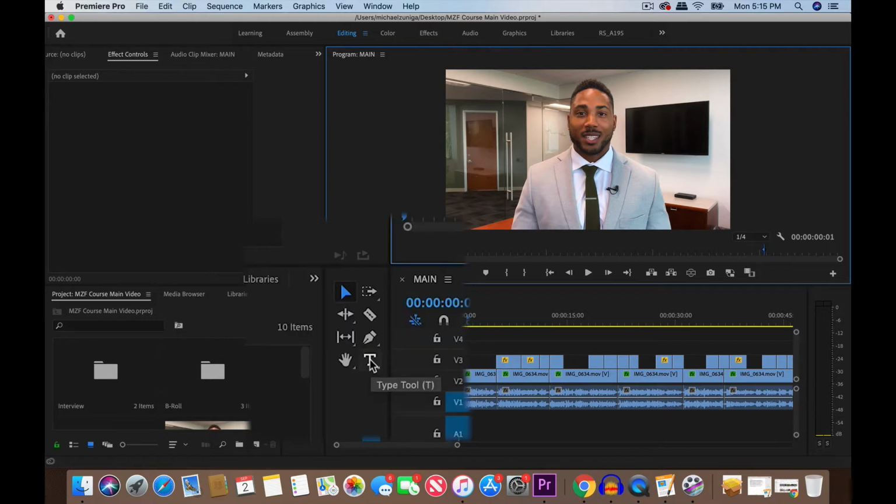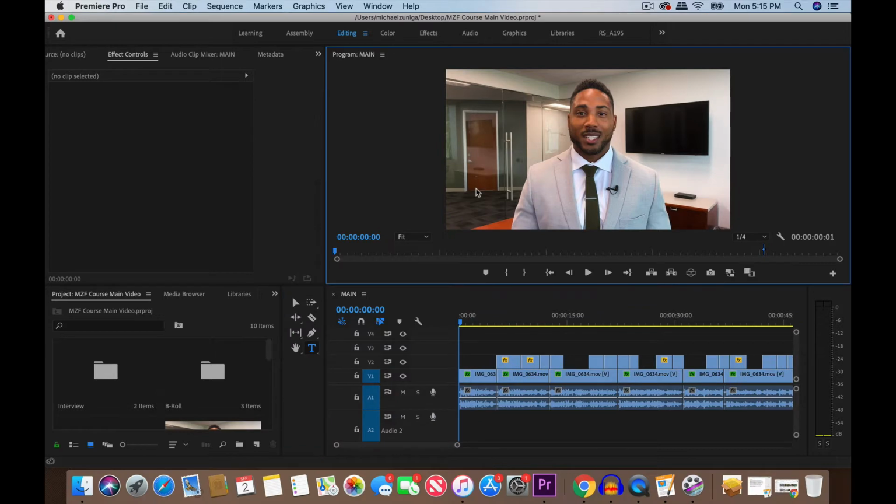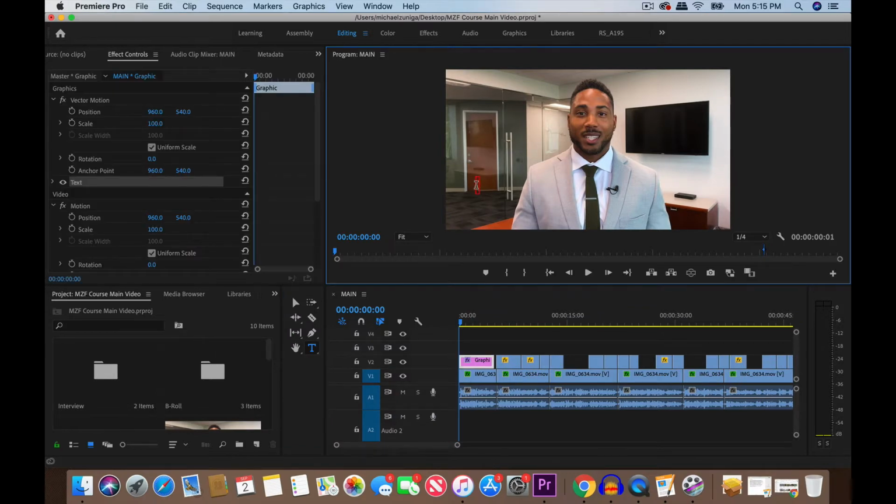So I'm going to select the type tool. I'm going to click right here in this area and start typing. Okay, so from here you can see that the text is added to our sequence. So now let's edit the text. So we're going to highlight the text, go over here to Effect Controls, and right here where it says text,